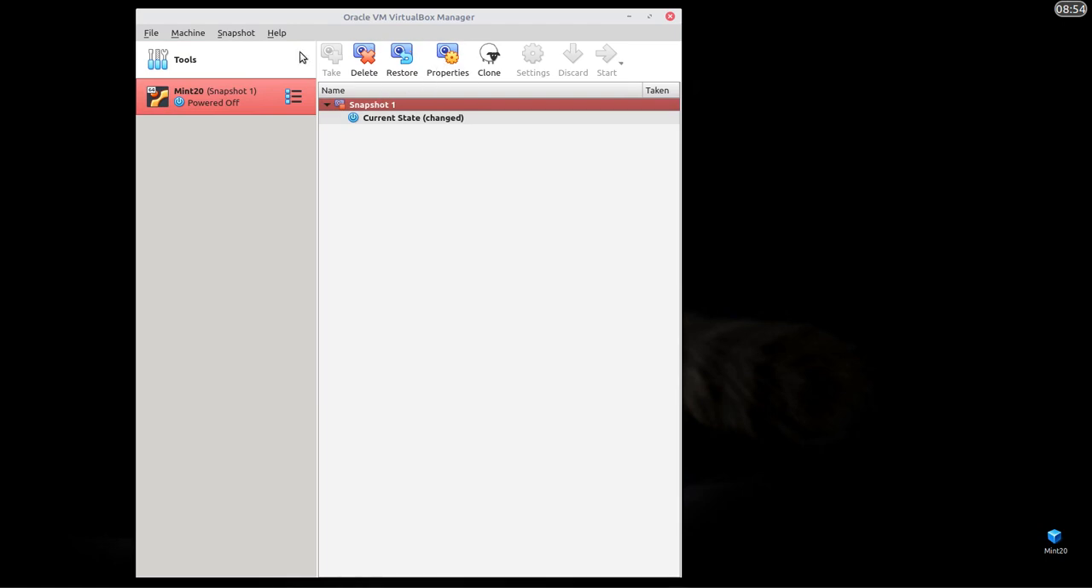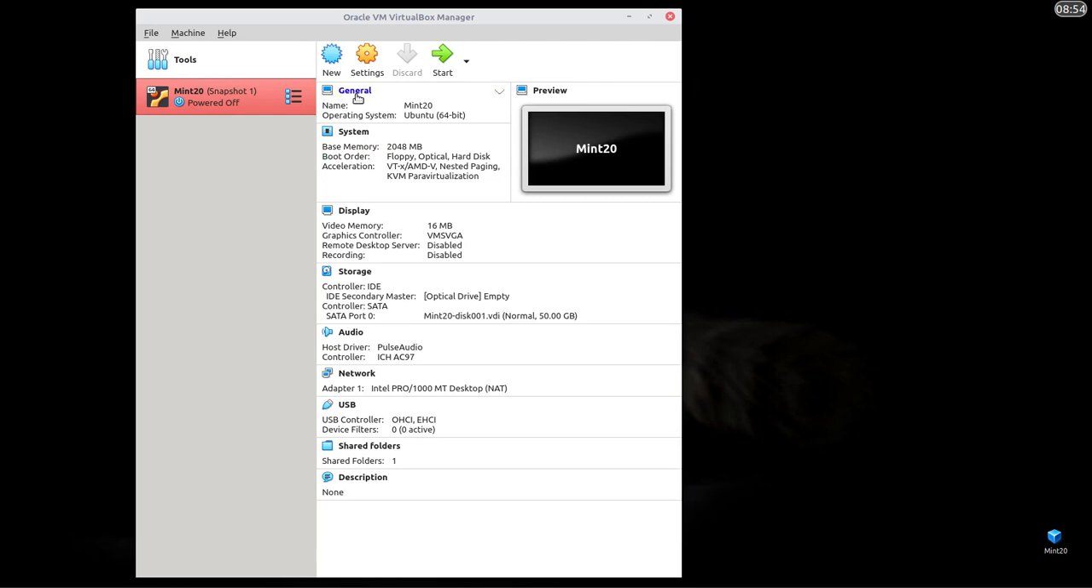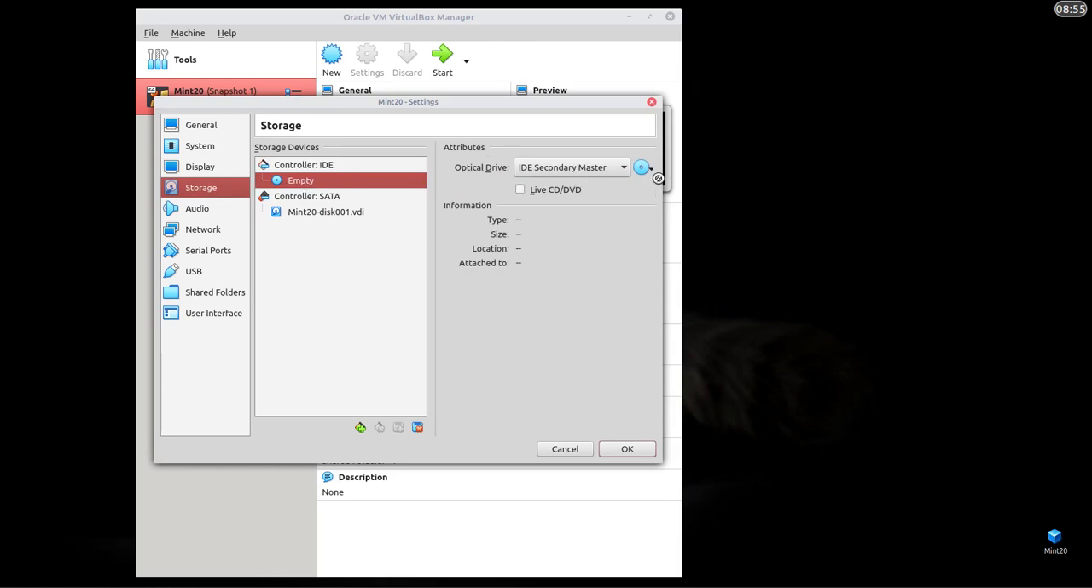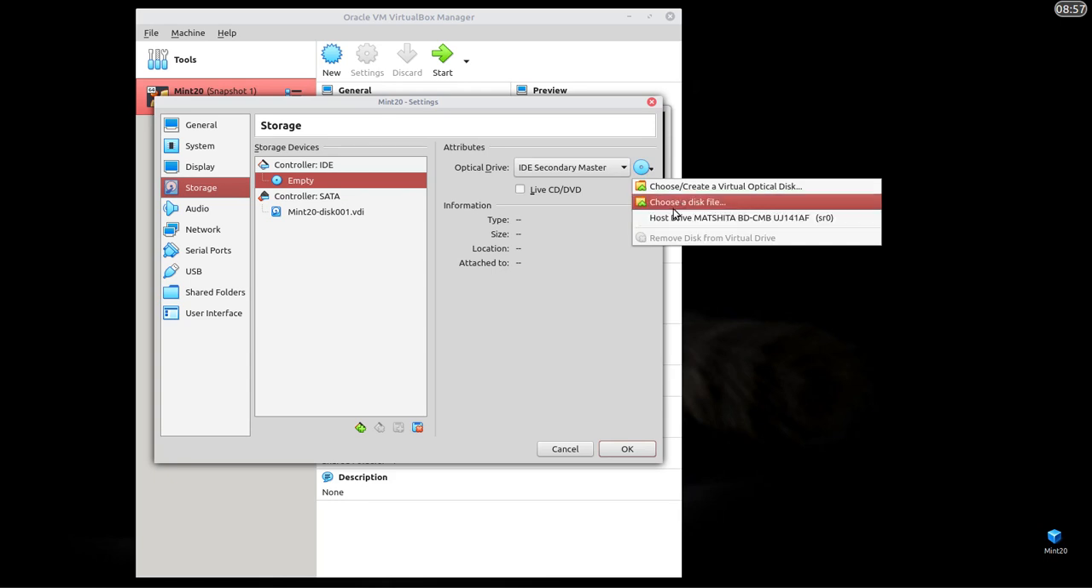Now it is annoying the way they've done this. You used to be able to see the details, but now you have to go there, choose details, choose storage, and into the empty DVD drive you put, choose this file,